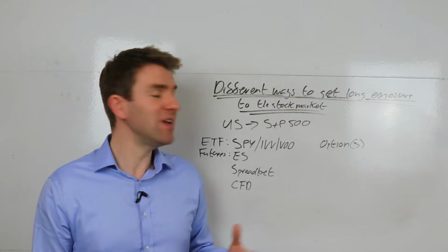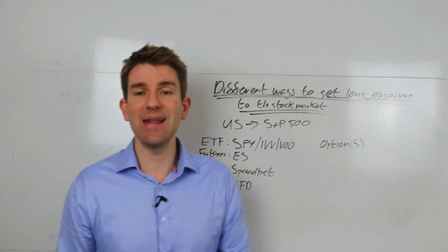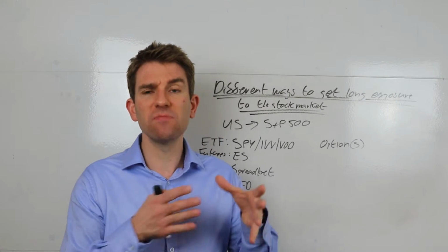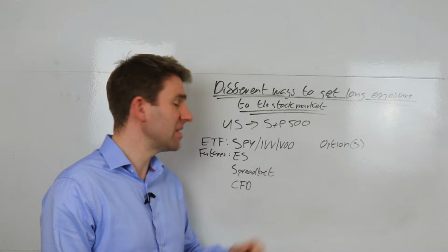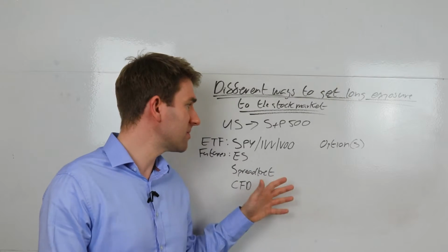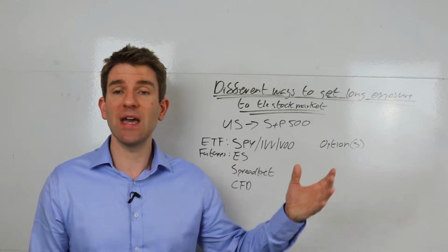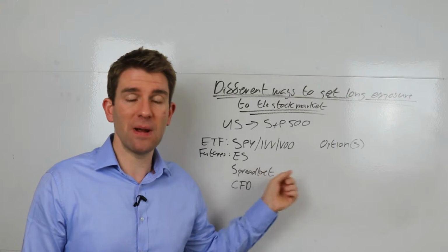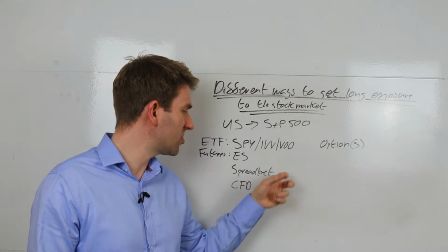A spread bet is really a way to bet on the futures without having to pay any tax. Some personal circumstances may differ slightly, but on the whole, most people who are buying a spread bet won't have to pay any tax. That's a fantastic way of getting exposure, purely if you expect to make a capital gain. And of course, we all do with traders, but if you're going to make a capital gain and there's a tax advantage of having a spread bet wrapper, that's a great thing for British, UK-based